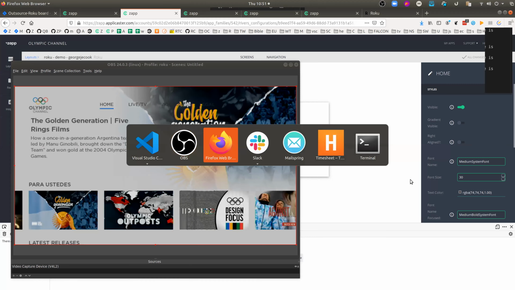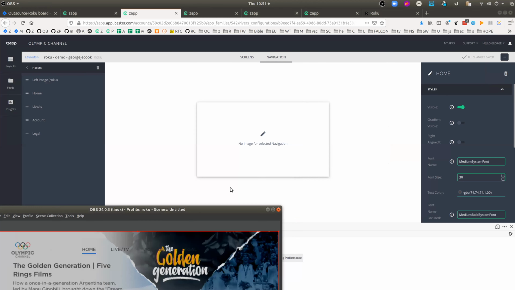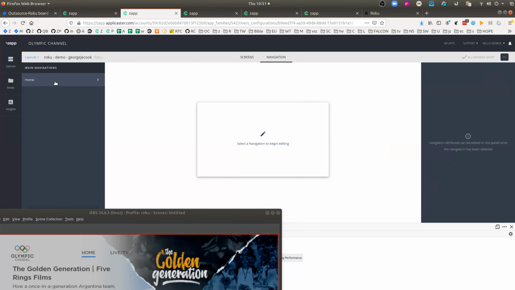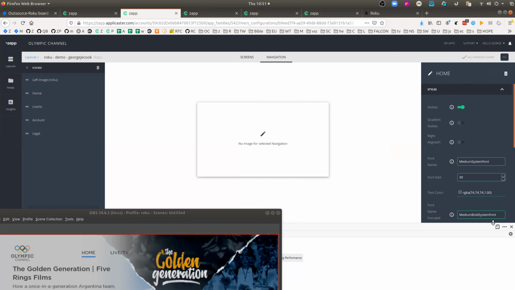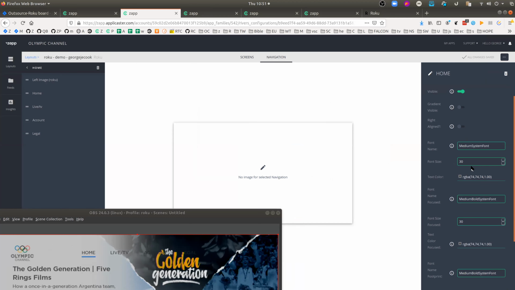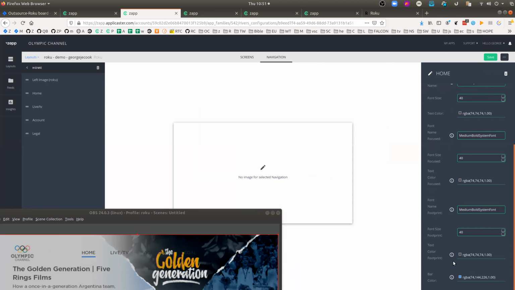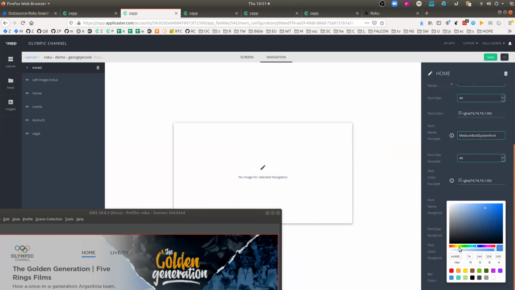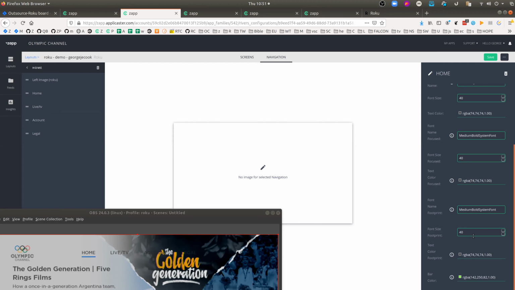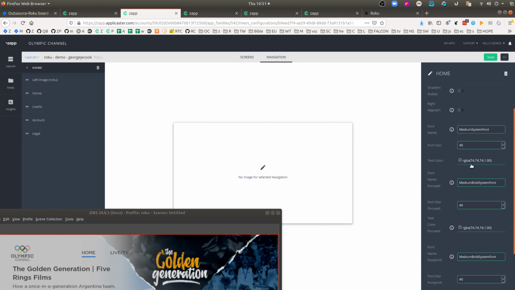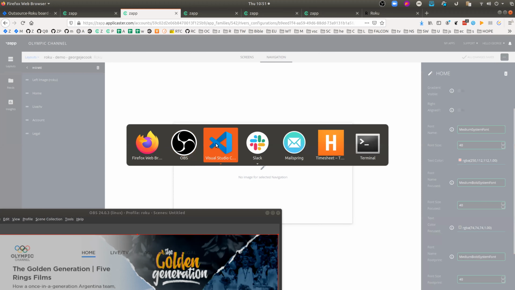So if we go back to UI Builder here, I can change some things up in navigation. So for example, if I want to take my navigation, I've got my properties here on the right. I can change font sizes, for example, and font styles. I can change some colors, like the bar color. This is a copied layout, by the way, so I'm not doing anything stupid with any of our clients. Don't worry about that. Maybe change some colors or something. This is going to look hideous, but let's save that. So if I was to reload the app now,